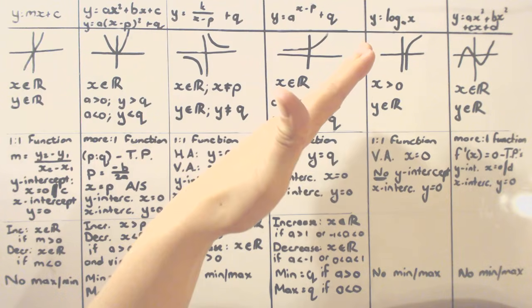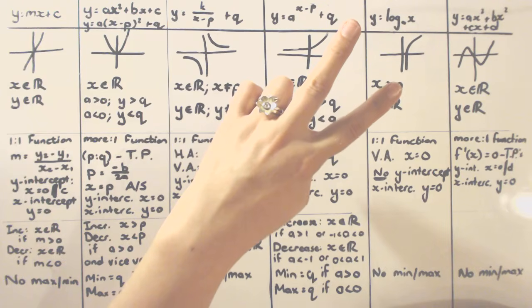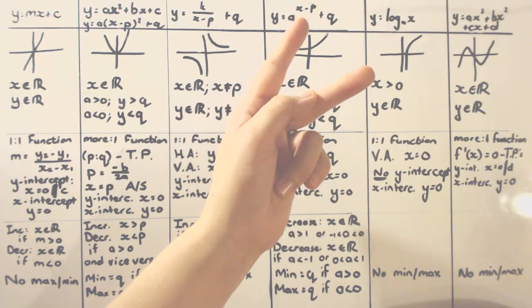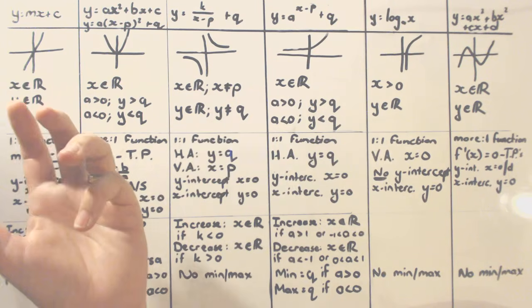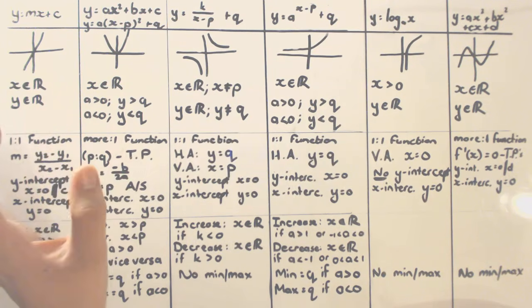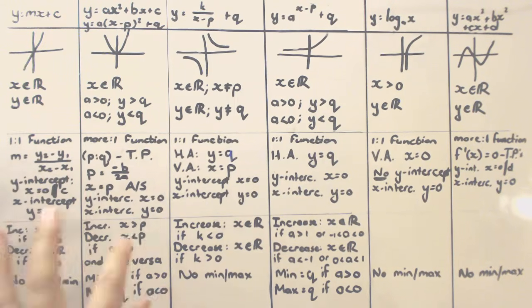And then to reflect the graph in the line y is equal to x, what I would do is take the inverse, so I swap x and y in the equation. So that is how I'm going to do that. And if you understand that about graphs, that really helps understanding how the domain and range will change, how the minimum or maximum will change,